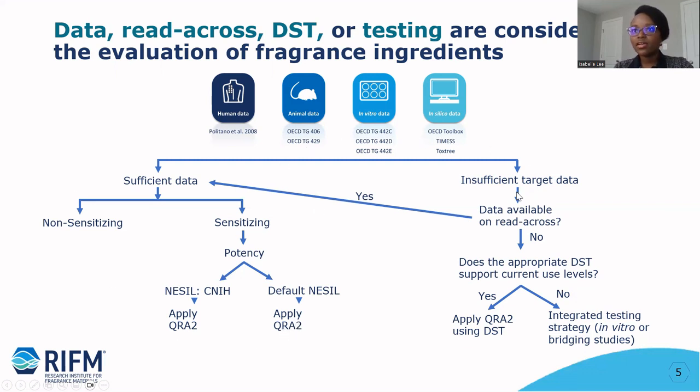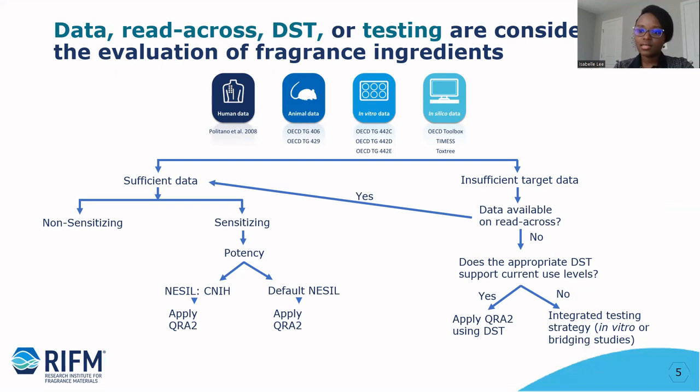But if we do not have a complete data set, then the next step is to look at whether we have any analogs, structural analogs that we could use to fill in data gaps for a particular material. And if we find that we do have analogs, then we go back to analyzing the data in this way, like I just introduced. However, if we don't, then the next step is to look at the dermal sensitization threshold,